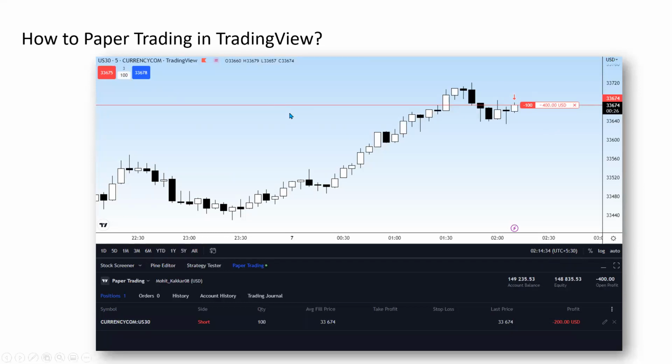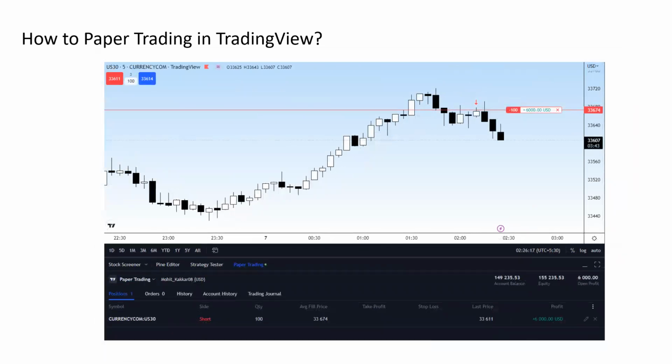So I just click short, you will see short quantity itne pe fill hua, the last price is this, current profit loss is this. Okay, and then you can play around with it. After a couple of minutes, it just fell. This was a random hit. So you can just square it off, just put a buy.